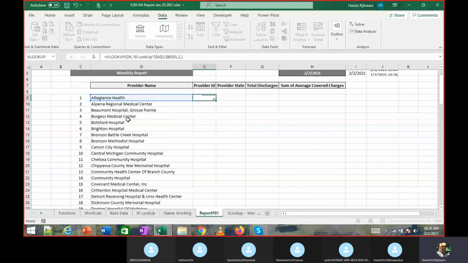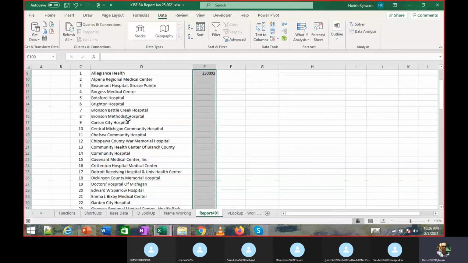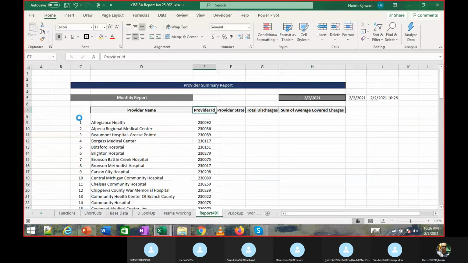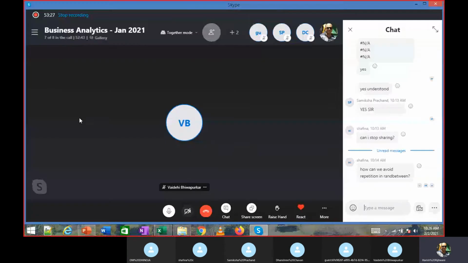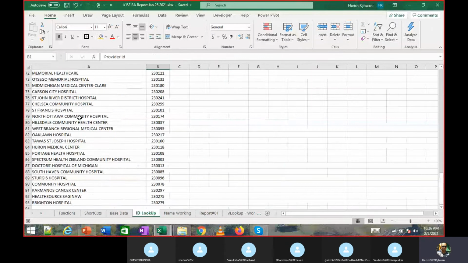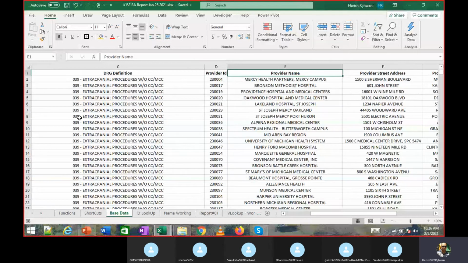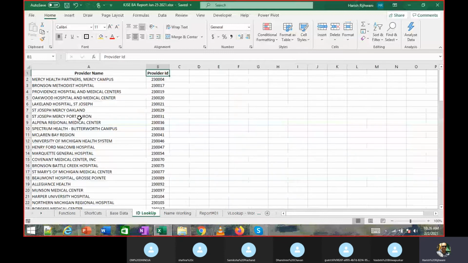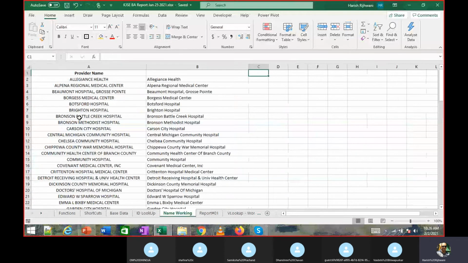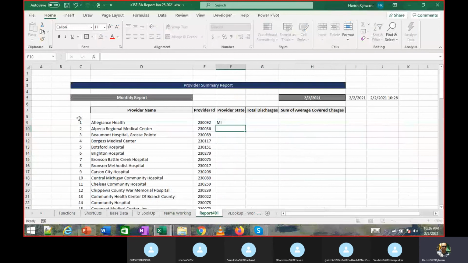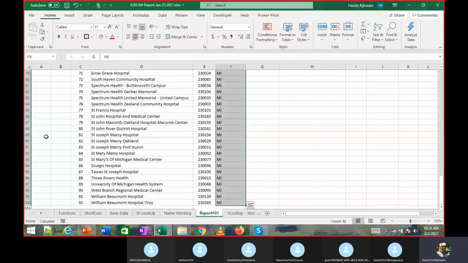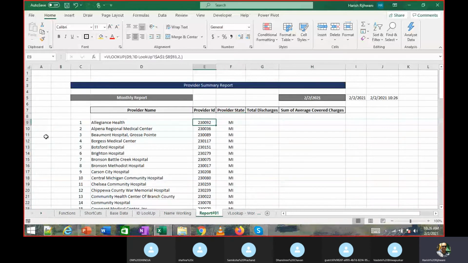You again need to fix it, otherwise, in this case you will not get an error, but it is better to fix it. Provider state should be same. If you're using one specific group's data, the provider state is actually same across that group's information. It is all MI. So in practical purposes, you can do a VLOOKUP over there also if you want to, but the value is same. So as of now, I'm just going to type it as MI. Whatever group's information you have, you can take that.